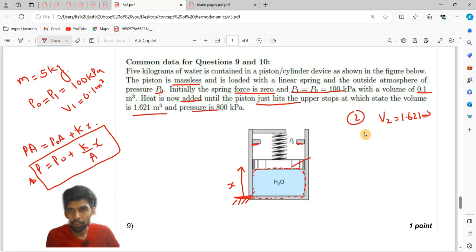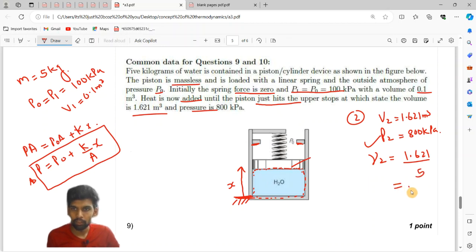So volume is given and pressure is also given. So P2 is given. Pressure is known and volume is known, and since mass is known, we can calculate specific volume at state 2, which is nothing but 1.621 times 5. After calculating, it will come out as some value, and once we know pressure and volume, from the table,